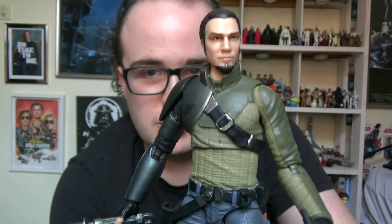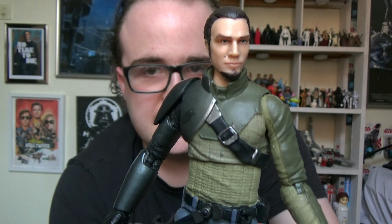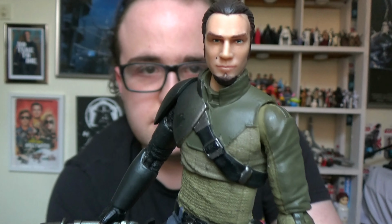This is indicated mainly by most of the features around there. That was the version that was released originally back in 2016. This was reissued in this line to get a full crew. You can also tell by the facial sculpt as well, as this is his original face, because of course at the end of season 2 he was blinded by Maul in a duel,